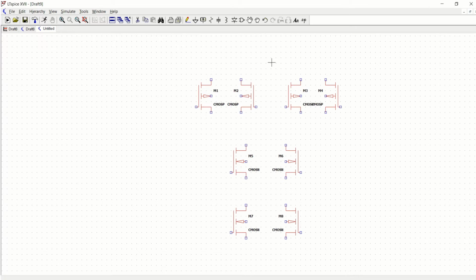Now, same as that of the NAND schematic, try to make the connections. So these two transistors act as one of the PMOS. I am making the connections, and these two transistors in parallel act as one more transistor in the FinFET logic.